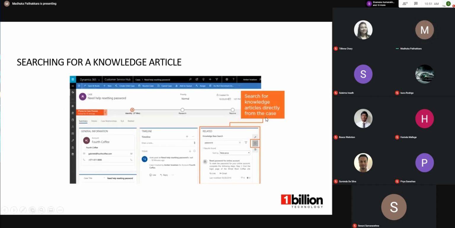How are we going to use the knowledge articles once they are published? Now we'll see that D365 knowledge base articles are very nicely integrated with cases. As we previously saw, there are these stages in cases, the case entity business process flow, like identify, research, and resolve.